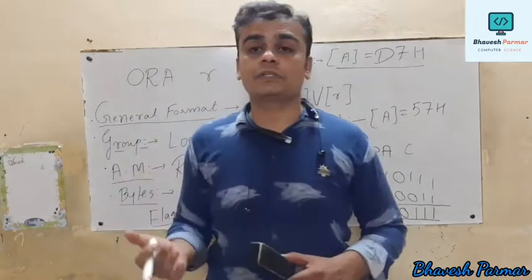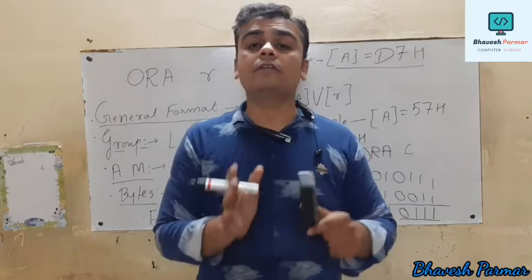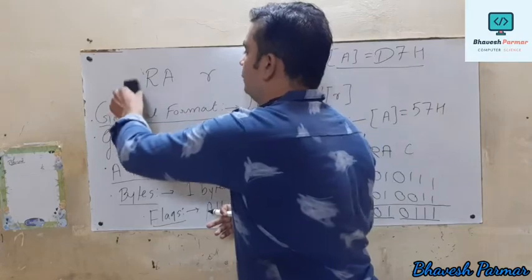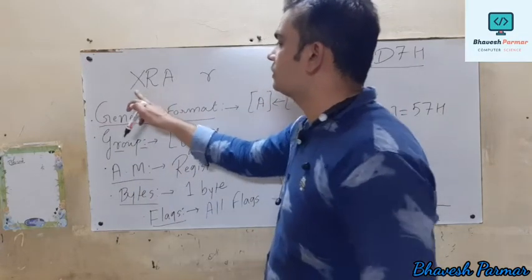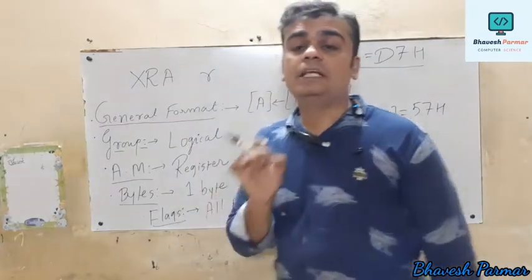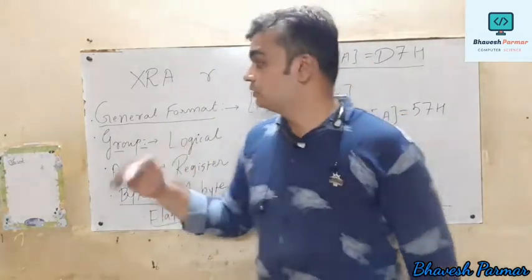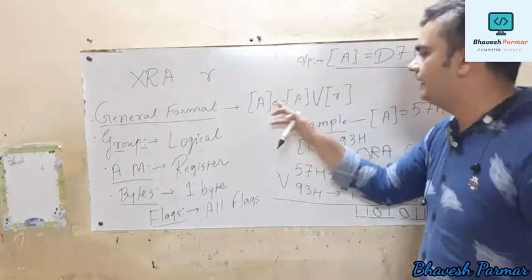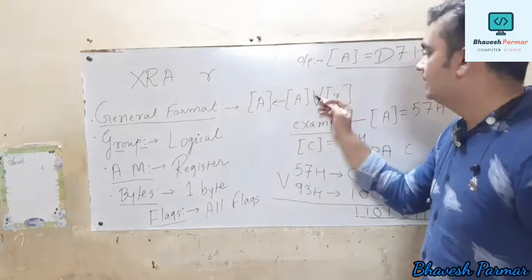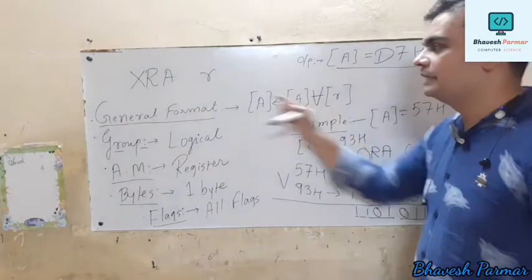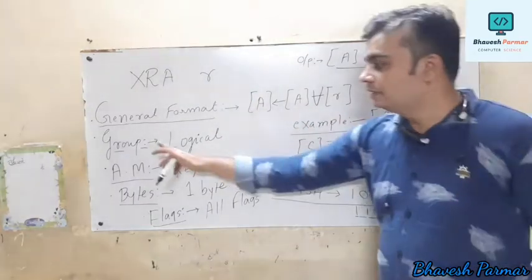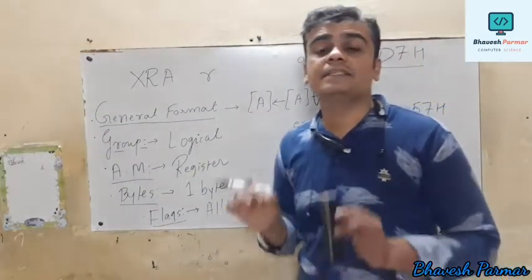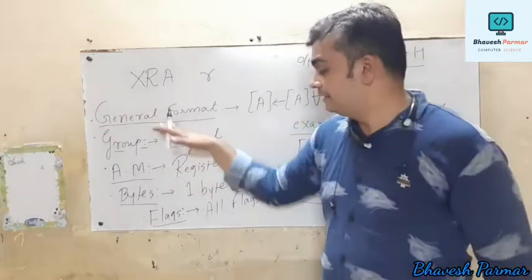Now guys, our next instruction is logical exclusive OR with register. So how can we change it? Instead of using O, I just have to write X. So how to read this instruction? XRA r, that we call exclusive OR with register. So there is a small change in the general format. In the general format I write content of A is equal to content of A, and thereafter you have to draw this symbol that is called exclusive OR with register. Also note down guys, the group, addressing mode, bytes, flag, all points remain unchanged. Means there is no change in this scenario.